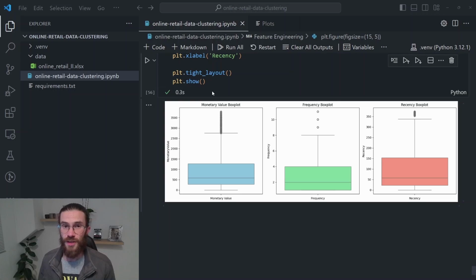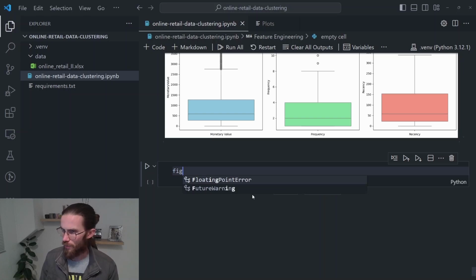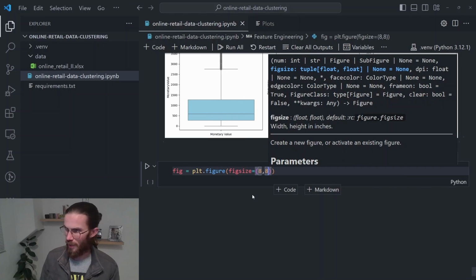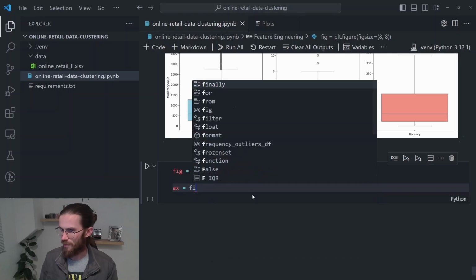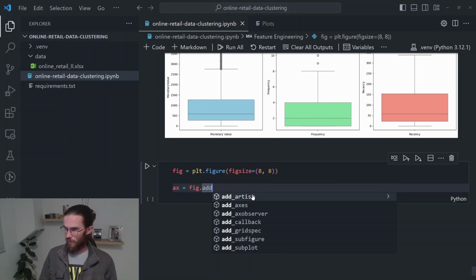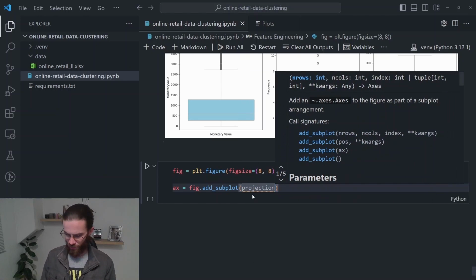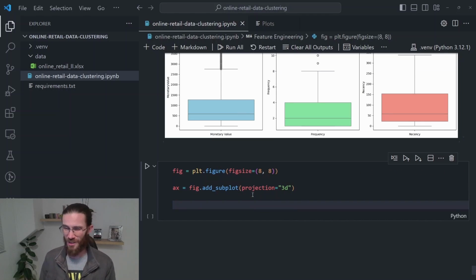Now what I want to do is actually create a plot of our data in 3 dimensions across recency, frequency, and monetary value, so that we can take a look at what the data really looks like. To do that, we are just going to start off in the typical way. So plt.figure, so create a new figure. Let's make that about 8 by 8 in size. And then let's create a new axis on our figure and say fig.add_subplot. Add a subplot over here, and then specify a projection. Projection equals 3D, so this will be used for 3D plotting, and we're going to make it a scatter plot